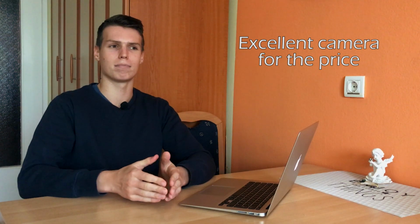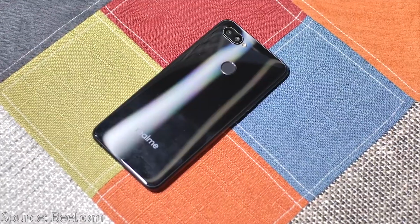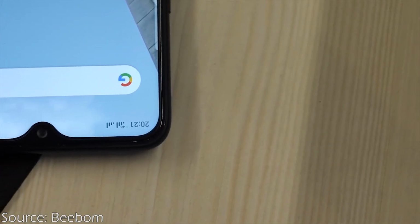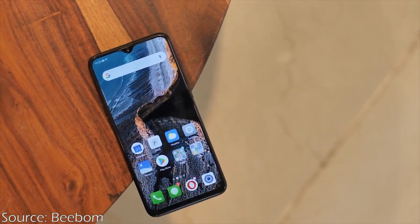With the Realme 2 Pro you get 2 sensors. You get a 16 megapixel primary sensor and you get a 2 megapixel secondary sensor. And with these 2 cameras combined, the phone produces some really cool images. Probably the best images for $180 that you can find on any smartphone. The images that this phone produces for $180 now could not be produced 3 or 4 years ago by phones that cost around $700 to $800. That just really proves how much technology has innovated over the years, and for $180